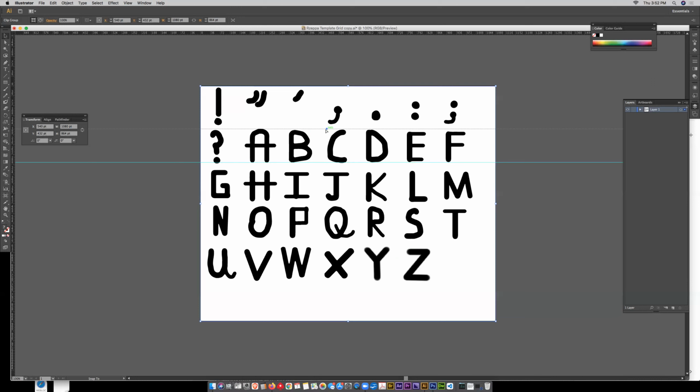Cool. A, B, C, D are looking good. E and F are a little bit short. Again, if you're going to go for that kind of look, I might actually say that's okay, Kim. And I would almost encourage them not to necessarily all be the same height. Otherwise, if you go the opposite route and you end up refining these, very much like what I was doing with Kelly's a few moments ago,